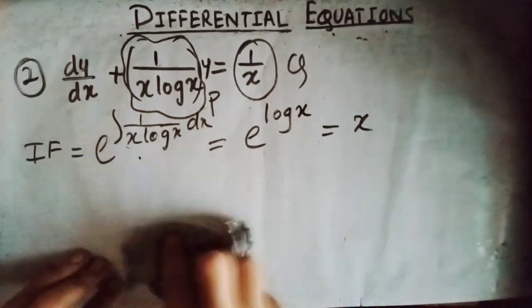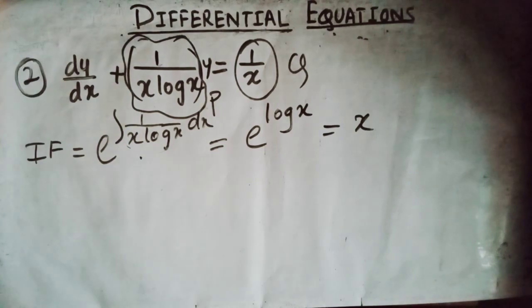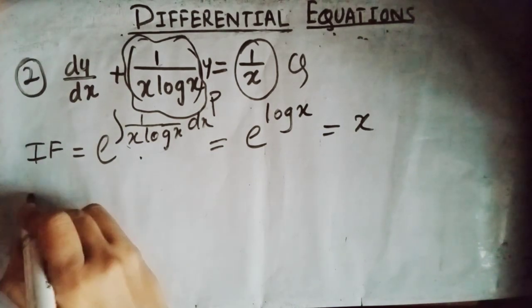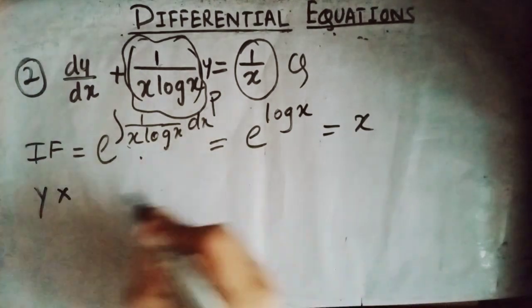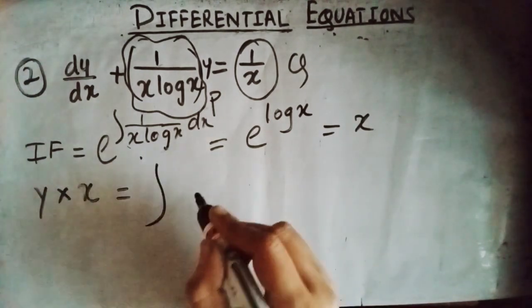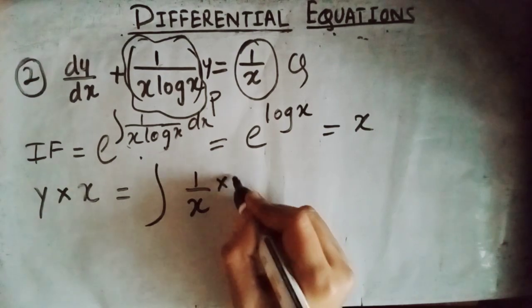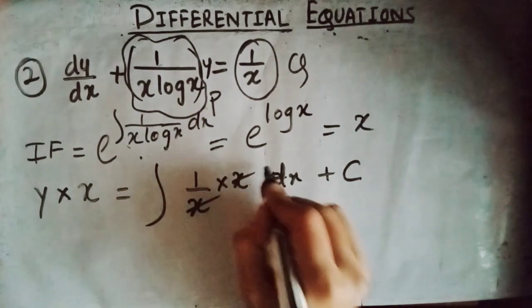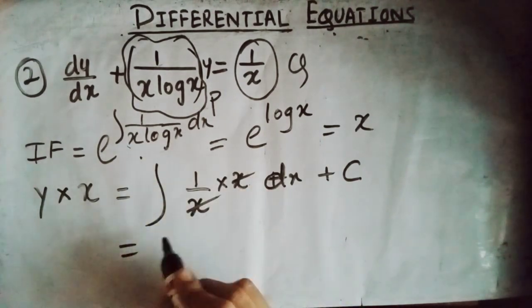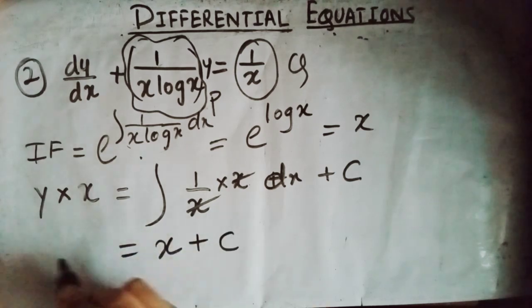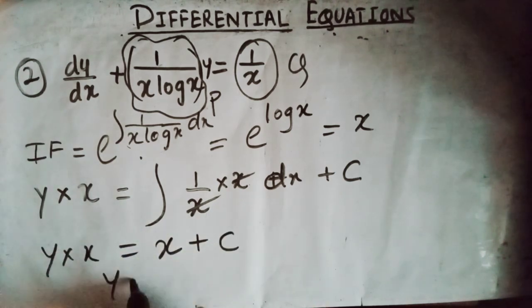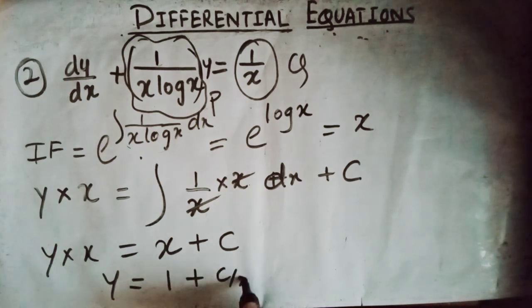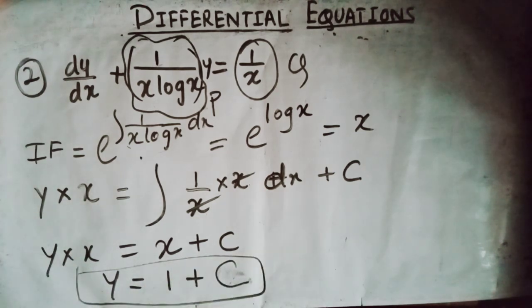Log x into e, so log e is 1, so you will get x as the integrating factor. Now y into integrating factor equals integral of q, which is 1 by x into x, plus dx plus c. So the integral of 1 is x plus c. So your y, x you can take here, so y is 1 plus c by x. So this is our new c. This is the answer. Okay,